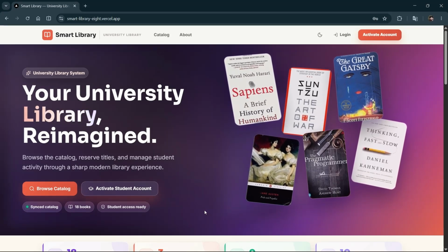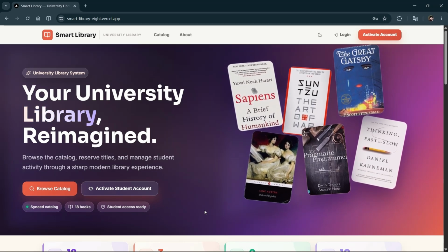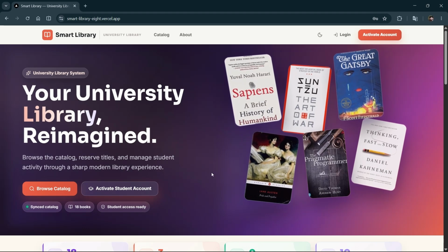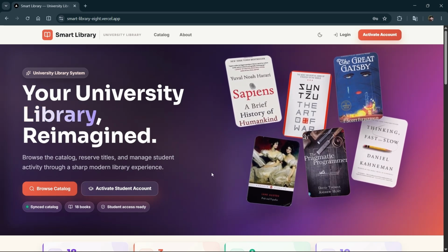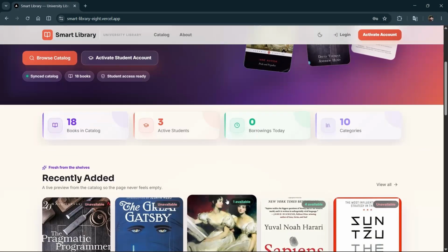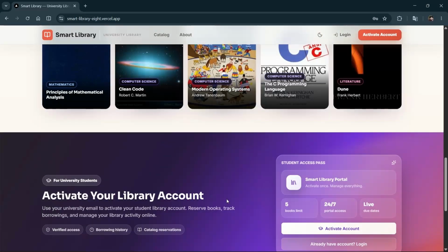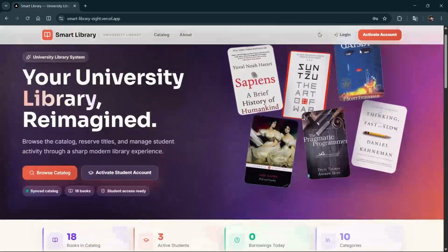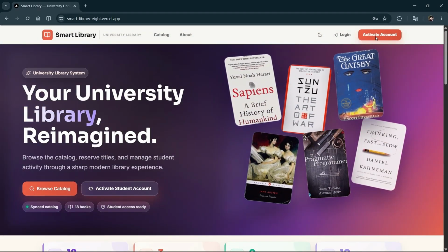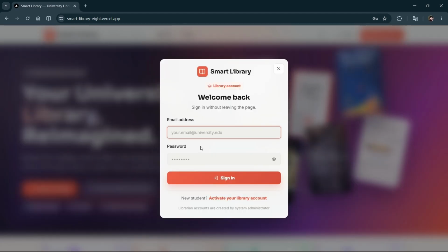Hello, I'm presenting the project of a smart library system for the workplace experience too. We created a smart library system. Here you can borrow a book and you can reserve it. There are two accounts: one is a student account and the other is a librarian account. I will show you both accounts and